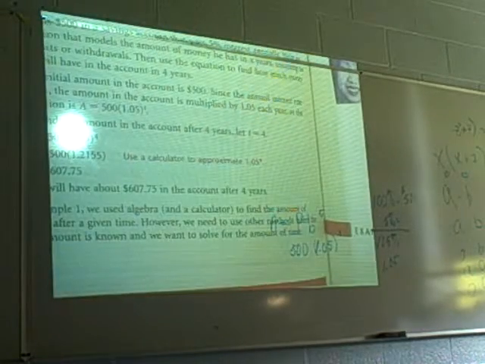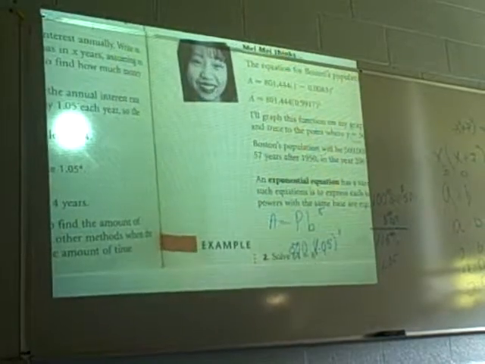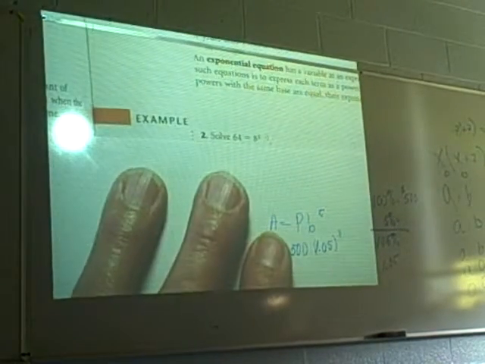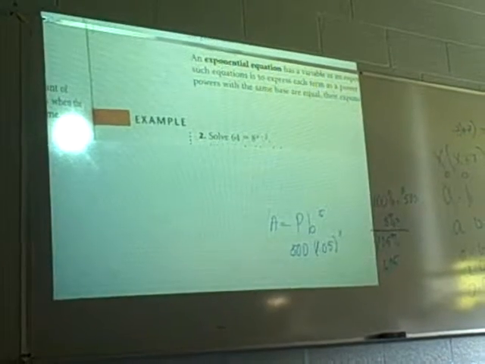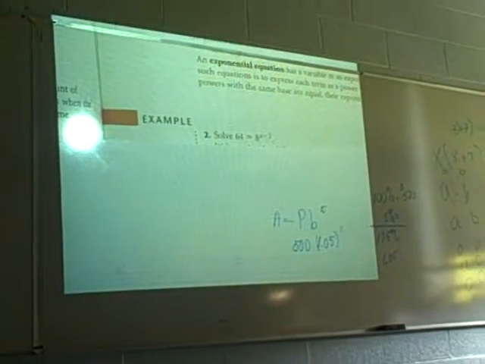Okay, two more things. I'm going to solve 64 is equal to 8 to the x minus 2. So now we're going to deal with